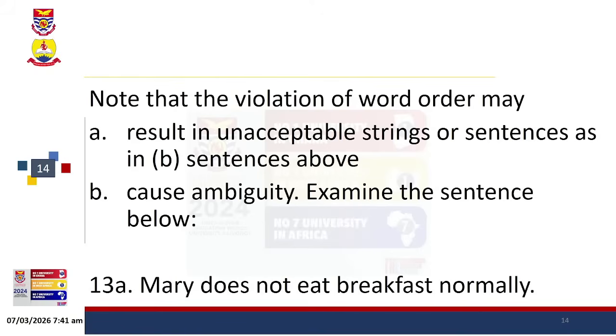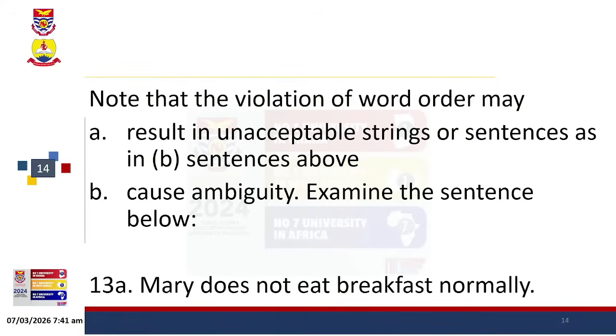You have to know that the violation of word order may result, 1, in an unacceptable string or sentence. Okay? As we found in some examples above. They can also cause ambiguity. Okay? Ambiguity is a situation where a sentence or a construction conveys more than one meaning. Every sentence must convey just one meaning. And there may be underlying ones, but it shouldn't be obviously clear that there are 2 or more meanings in